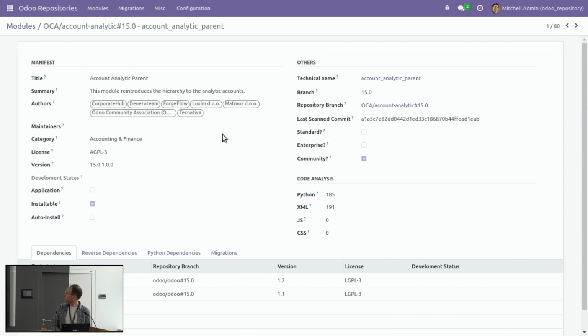And for each module, we get some information. What we will find is a manifest file. Authors have been imported automatically, so there could be duplicates here. And each module belongs to a branch. It has a technical name. So from this technical name, we can find it